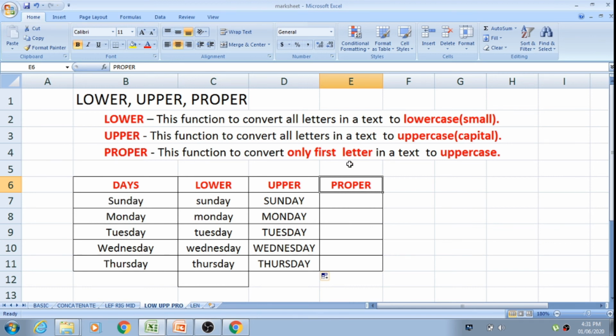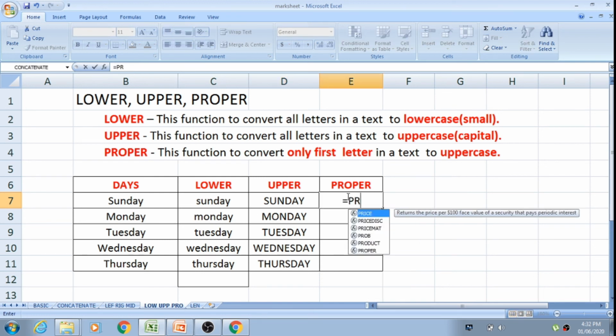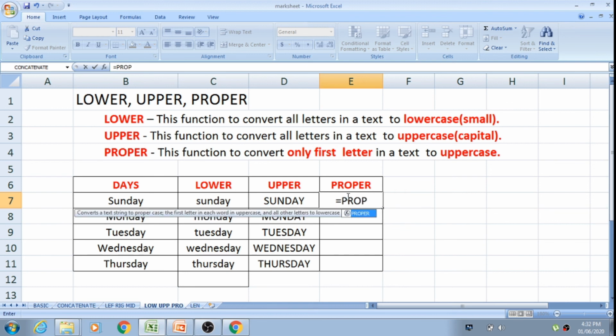So what I will do is select these data to get converted. How will I do that? First select the cell, is equal to, type the function proper, select it, and I will select this cell and press enter.